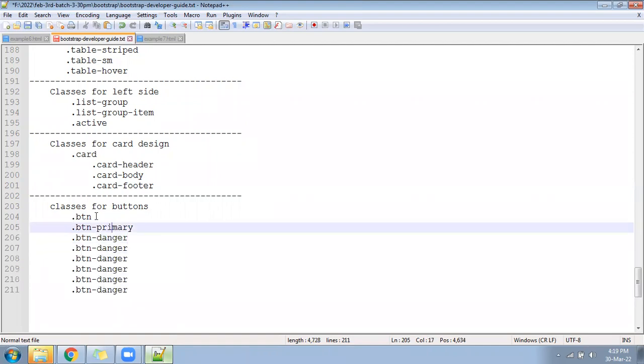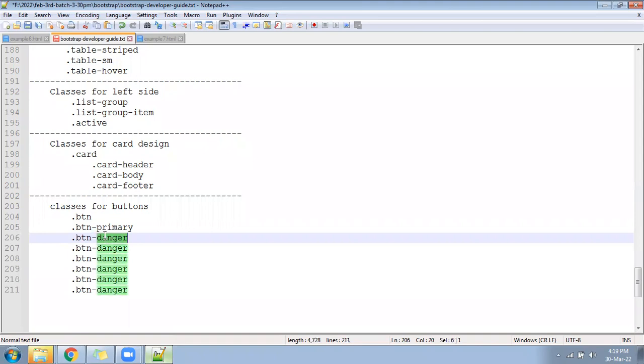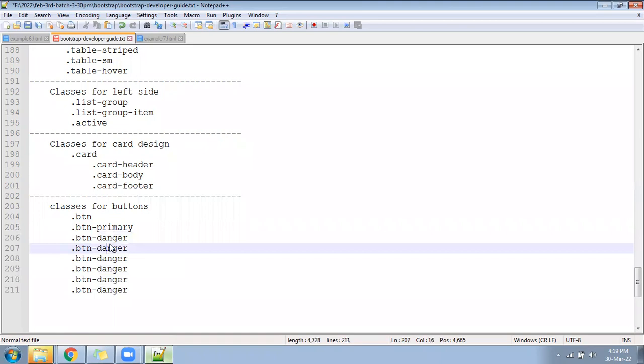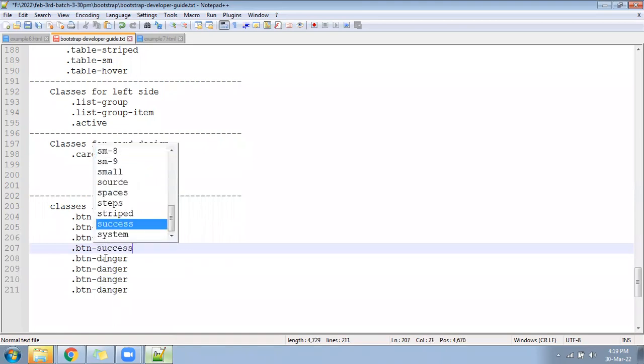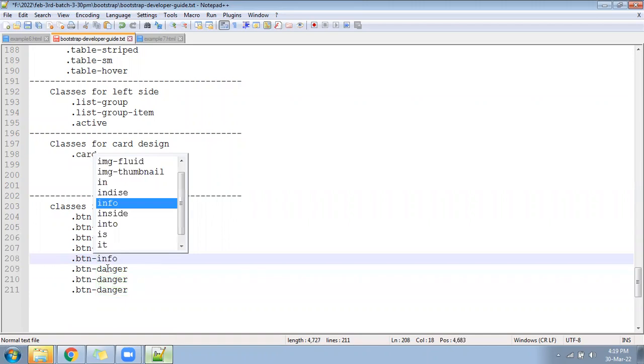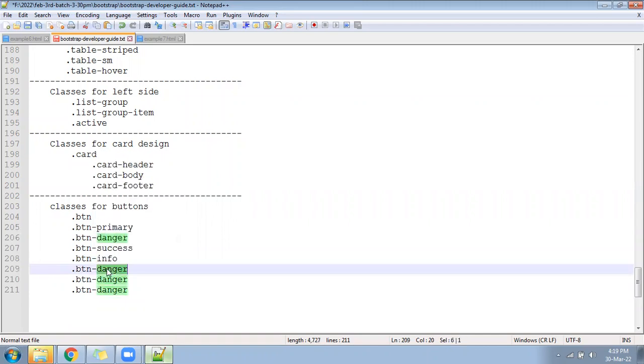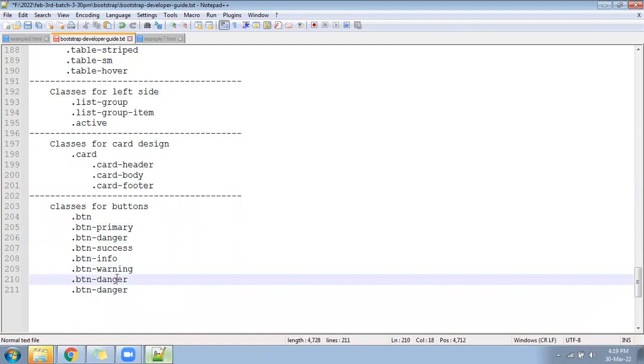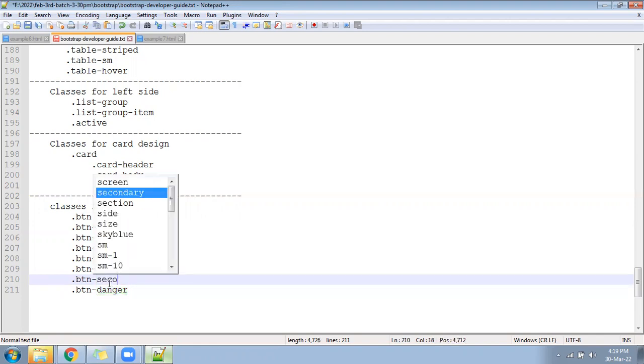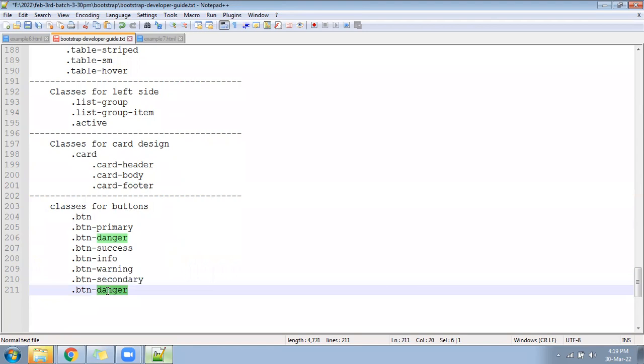We can write btn primary, danger, success, info, warning. Secondary, then it's called dark. This is the one.